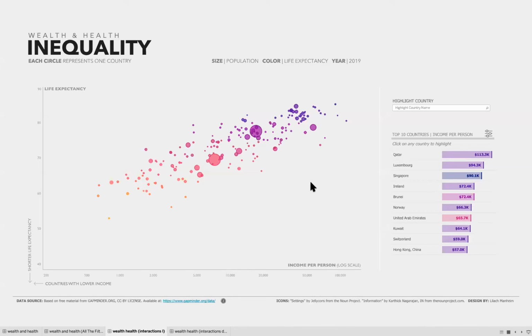And then the other two are answering a slightly different question. In that case, it's more for helping users to identify some interesting country to explore further. So the chart, the top bottom list, provides a more guided analysis. So we're using the chart to search for countries that fit some sort of pattern. In this case, it's the countries with the highest income per person. And then you're using that chart to find those specific countries in the main chart.